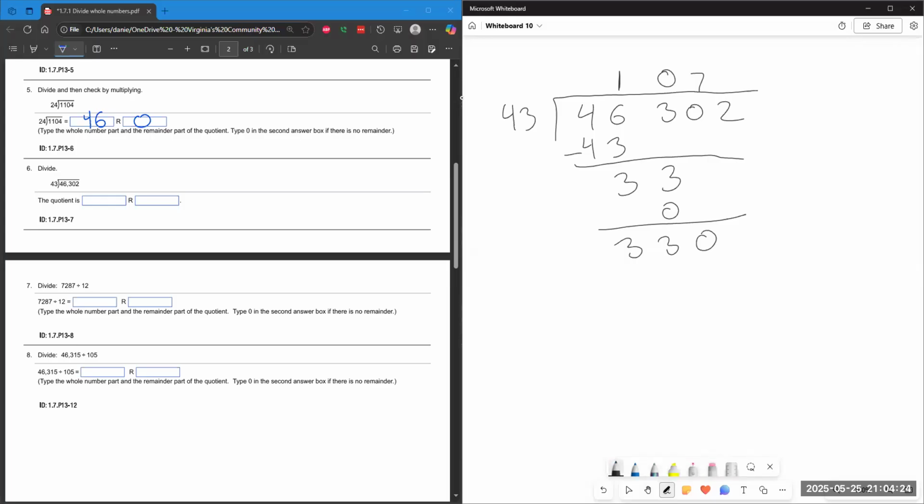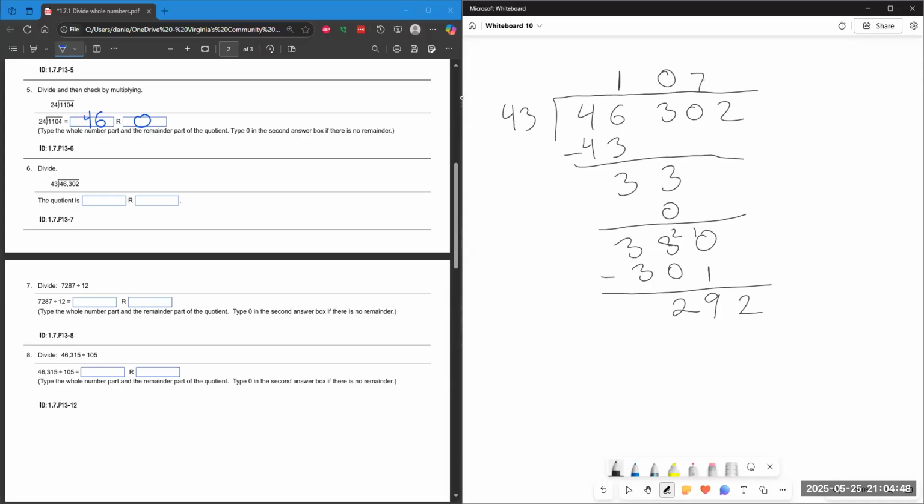7 times 3 is 21. We have 7 times 4 is 28, plus 2 is 30. 301 is less than 330, so we're going to borrow and subtract to get a difference of 29. Bring down that 2. Then